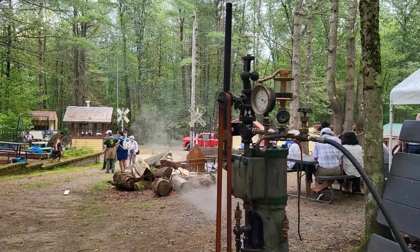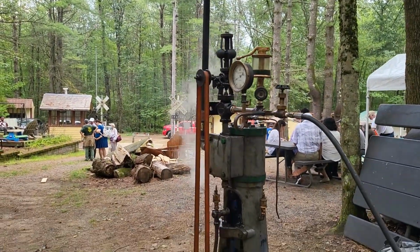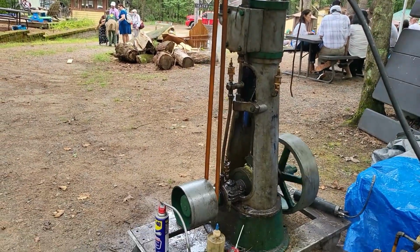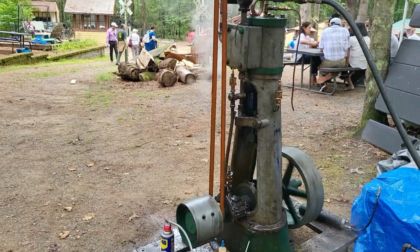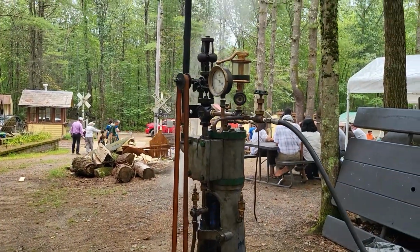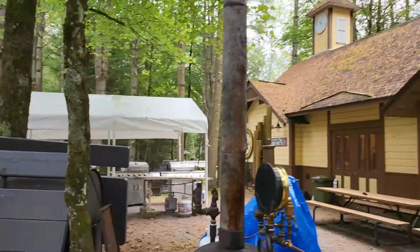He's a very, very secretive collector when it comes to this kind of stuff, and his collection puts most to shame as far as steam engines, whether it's traction engines, stationary engines, boilers, what have you. And he used to have his collection right around the corner from my house, and I never knew it until I was like 14 years old, and I saw the garage door open one day. Yep. And he and I became good friends, and I did some work for him around his property, and